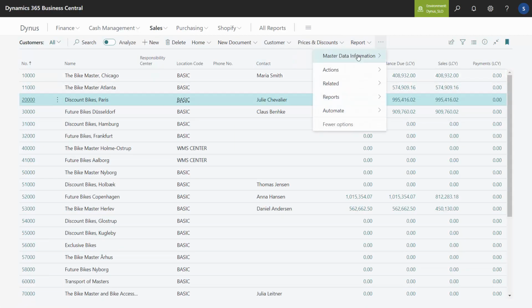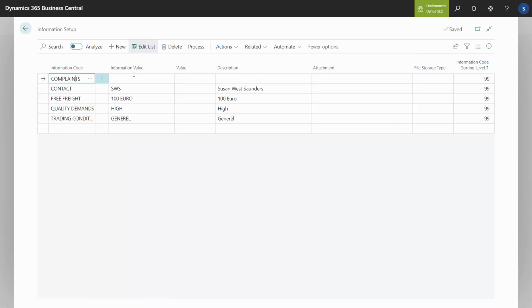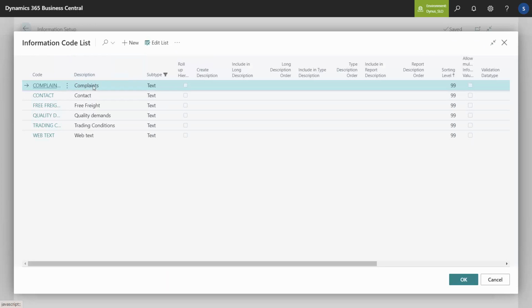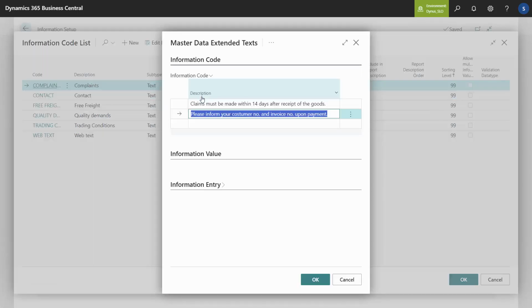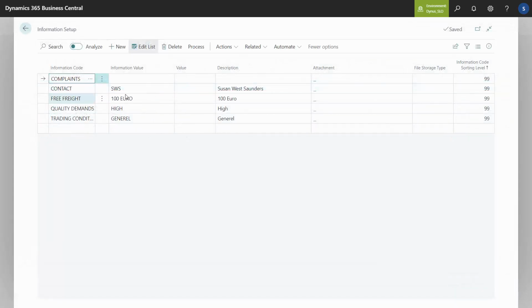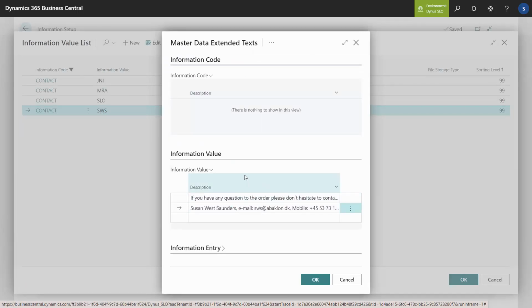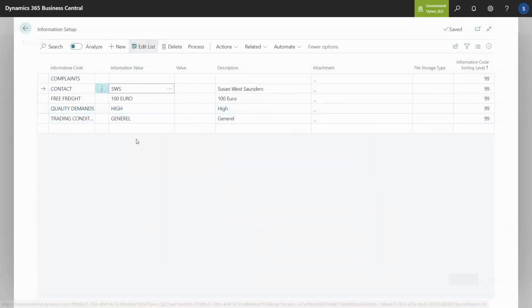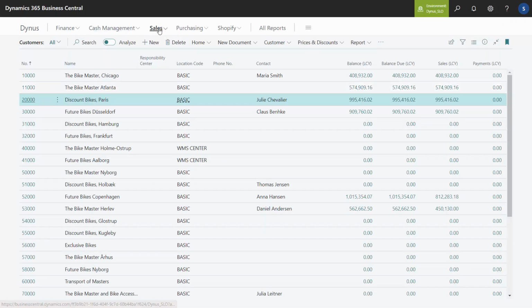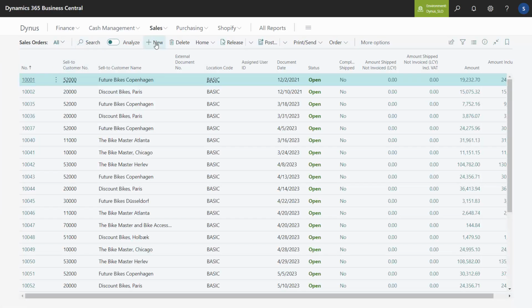Likewise, on my customer in here, I have some text, for instance. I've set complaints that just is the purpose of my complaints is only to carry a general text to my document, meaning if I'm diving into my complaint level, looking at my extended text, I have some text in here that I've set up and I've made setup to make this flow to my sales order. And likewise on the middle layer on my salesperson, I have added extended text, and I could also add this in languages. This means if I'm creating a new sales order for the customer 20,000, item number 1000, let's try to do that.